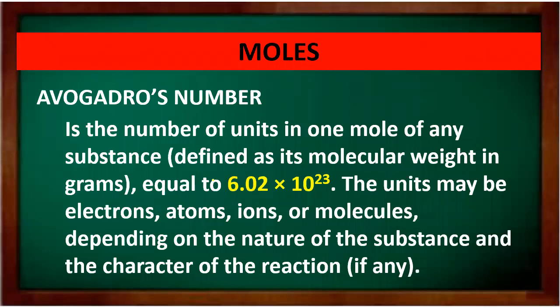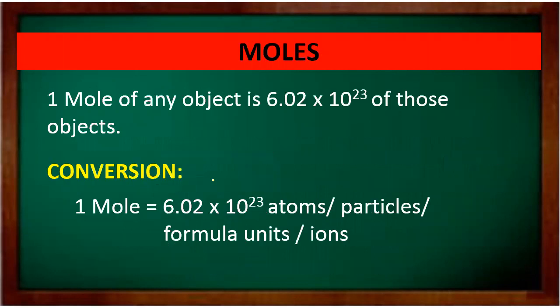Okay, so moles. Avogadro's number is the number of units in 1 mole of any substance, defined as its molecular weight in grams, equal to 6.02 times 10 to the power of 23. So the units may be electrons, atoms, ions, or molecules, depending on the nature of the substance and the character of the reaction, if there is any. So ang mole daw, 1 mole of any object is actually equal to 6.02 times 10 to the power of